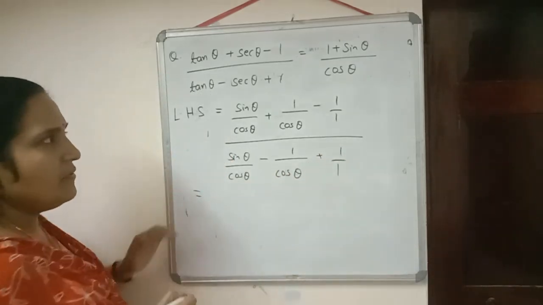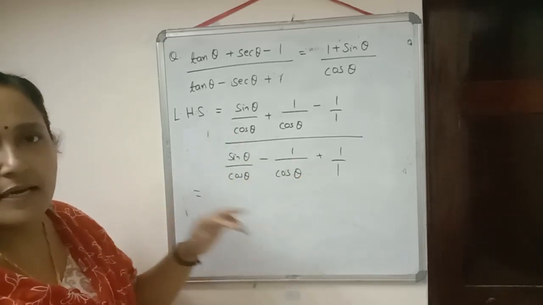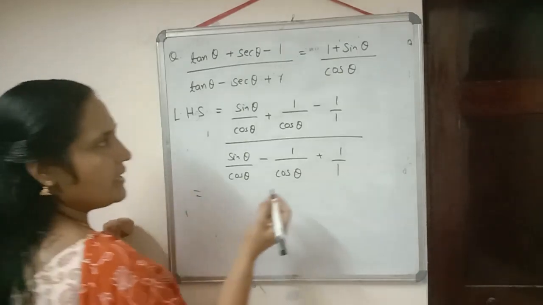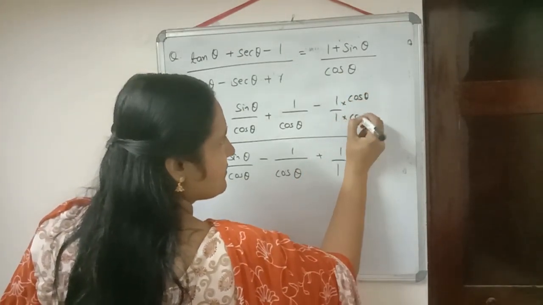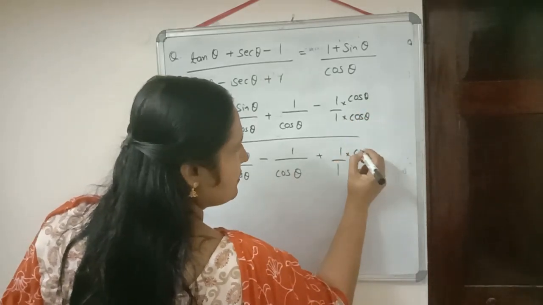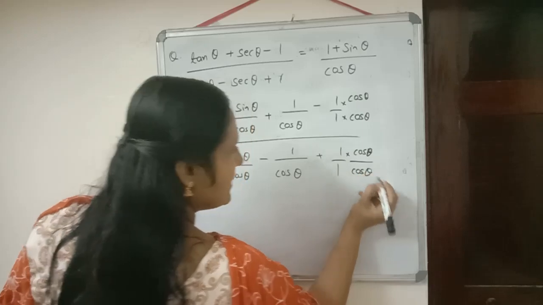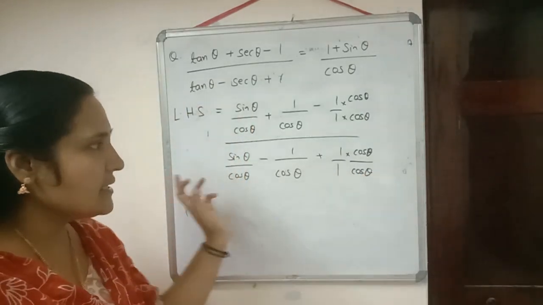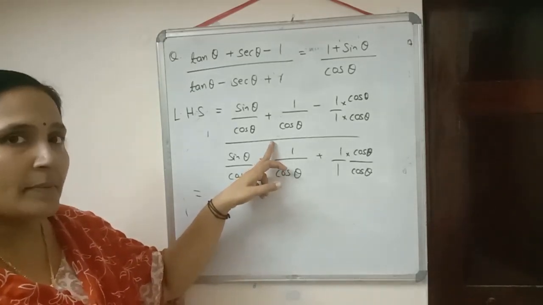Now what we can do, first we can make the denominators equal. Then cos theta and cos theta will get cancelled there. So to make the denominator equal, it should be multiplied by cos theta. Here also this expression should get multiplied by cos theta. So I just did the multiplication and I am skipping that step. Cos theta and cos theta we are cancelling after changing the division into multiplication.